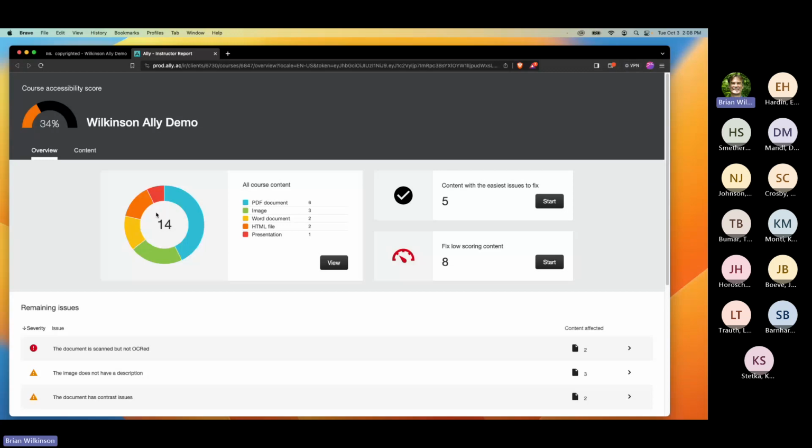Just looking through the different components of this page, I see that first I have a breakdown of the types of content. That shows me how many PDFs, images, Word documents, HTML files, and presentations are in the course itself. If I click on this content